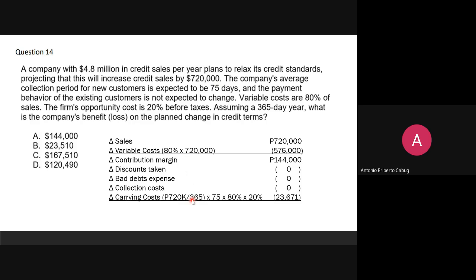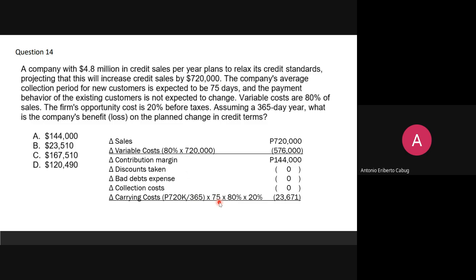Okay? Times 75 the DSO, your AR will go up by 147,945. So, daily credit sales, ito times DSO, 75, 147,945. Yung variable cost ratio is 80%. Investment in AR is 80% of the AR,